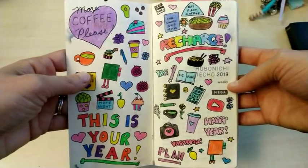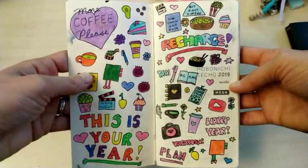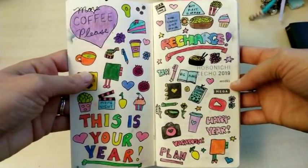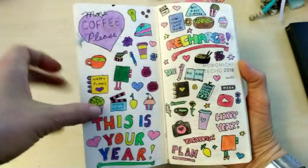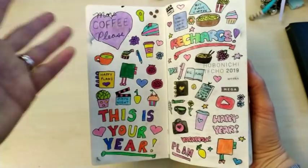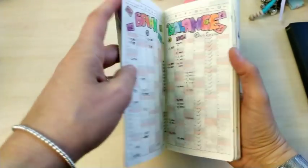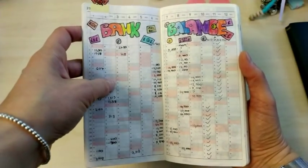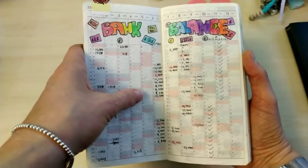So what I did last time was I was using stickers in it, and this time I decided to doodle and then color in the doodles. So you can see here, this is a kind of dashboard page, and I used this page for all kinds of different things. I started off with my bank balance, and then I started using it as a step tracker, and then